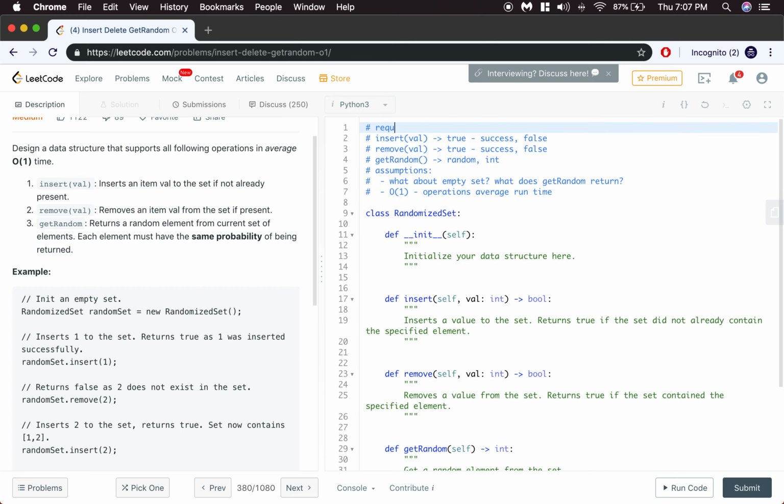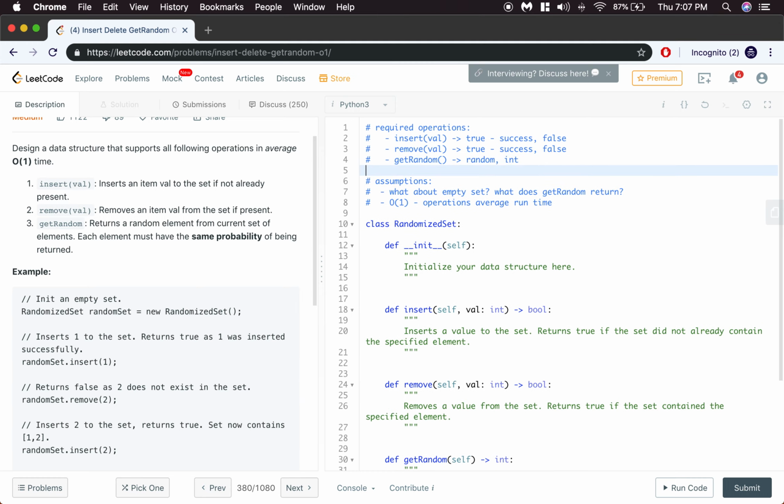So let's make the comment nice. And as always, I like to write down the problem specification, and I like to break it up into some sort of summary within the comment section,